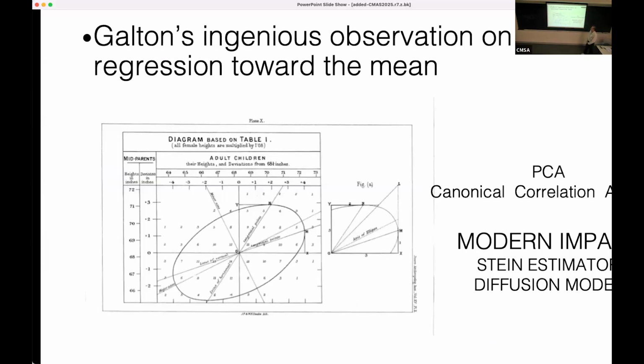Galton's famous regression toward the mean chart. I think you must have seen this many times. I'm just curious if there are mathematicians here who have not seen this. Okay, one minute. Or you can just Google it, or Gemini will explain this much better